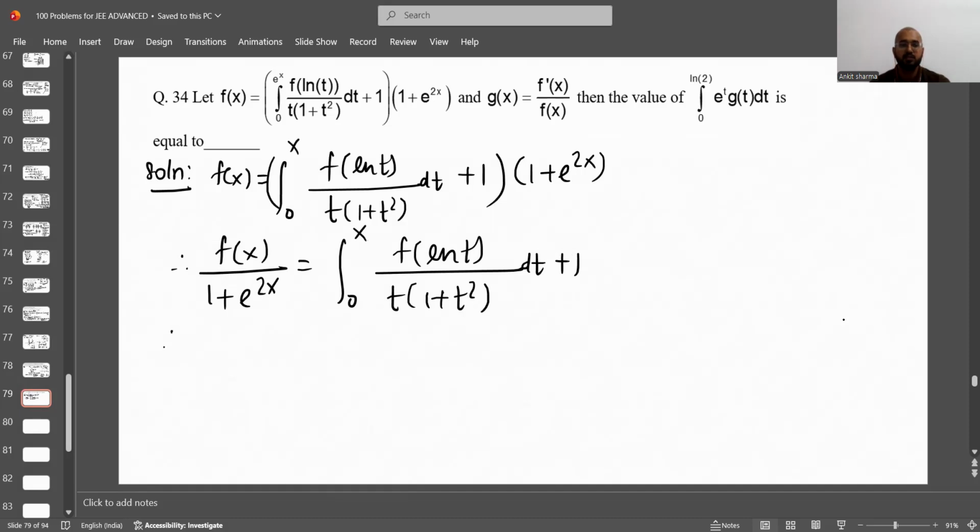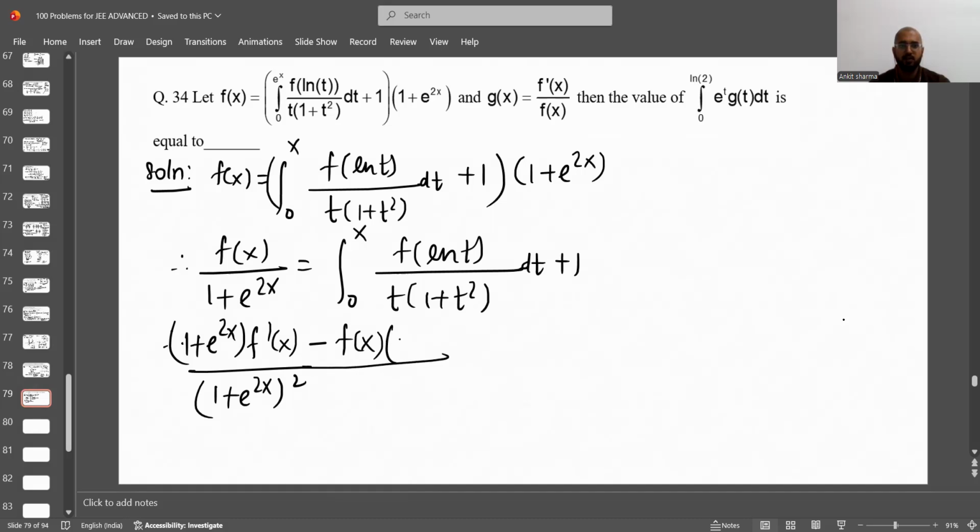Now I'll be differentiating, so here I have to perform the quotient rule. So this will be 1 plus e to the power 2x, the whole square, and then 1 plus e to the power 2x would now be resting here. The derivative of f will be f dash of x, minus f of x will continue to stay here, and then the derivative of this is going to be 2 into e power 2x. This thing is equal to